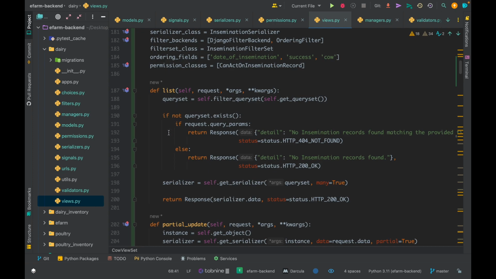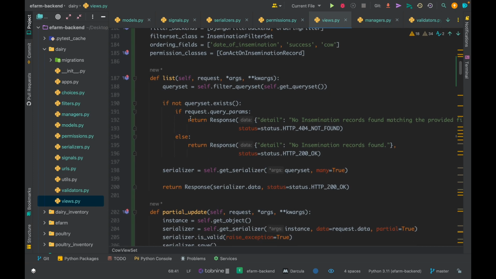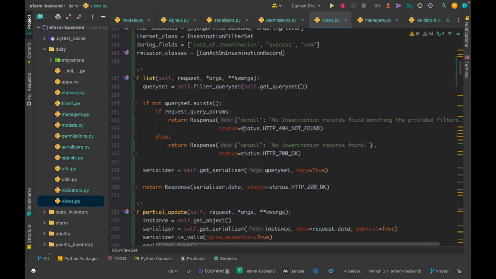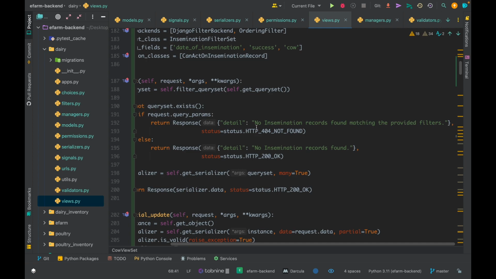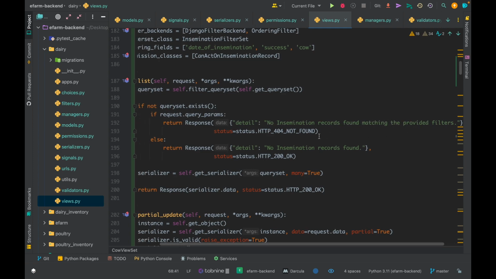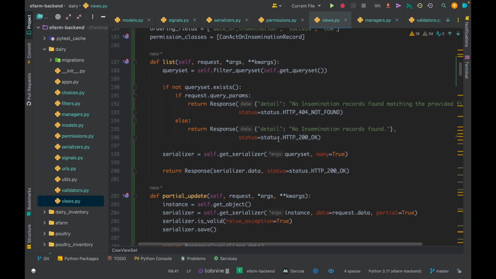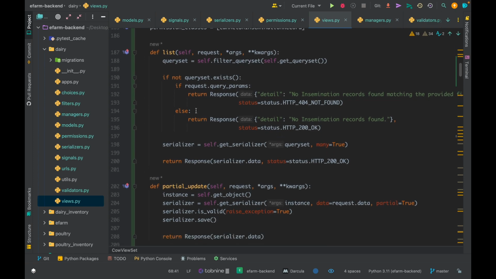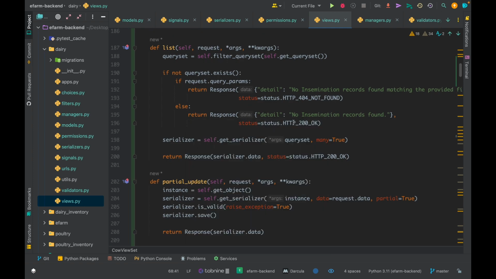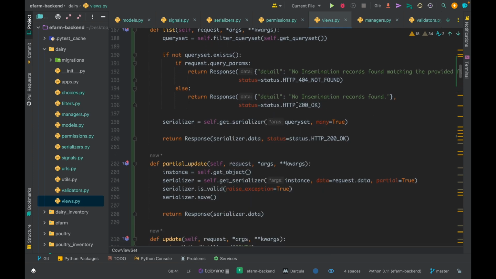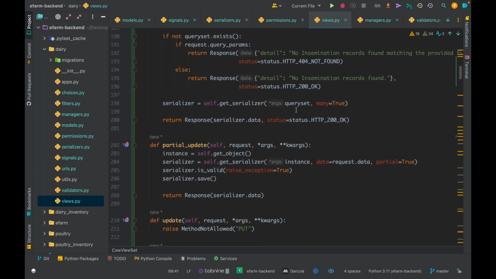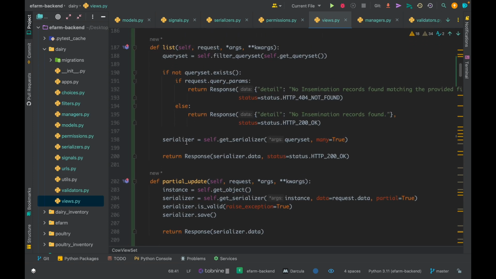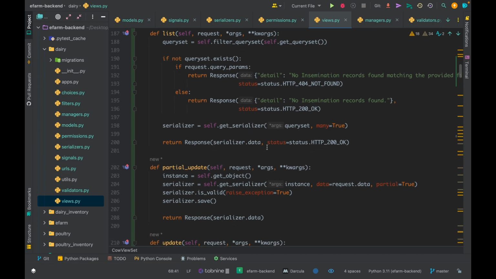So the two scenarios are covered over here. If we supply the query parameters and those do not actually filter anything from our database, we shall have this response message of no insemination records found matching the provided filters, with HTTP status 404 not found. Or if there's no insemination record in our database, then we shall return no insemination records found with HTTP status 200 OK. If there's something, then we shall serialize them,